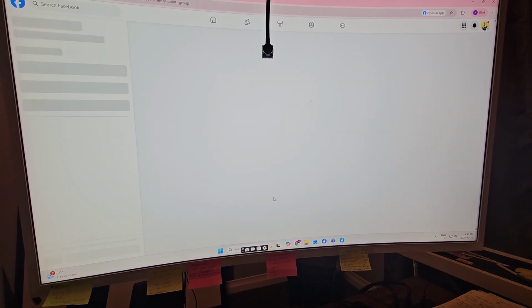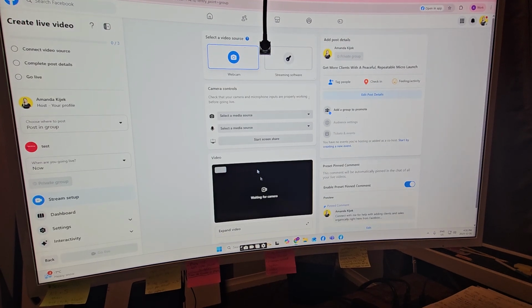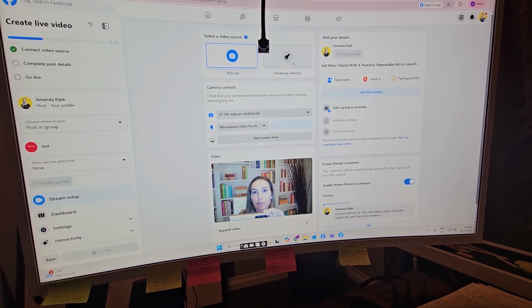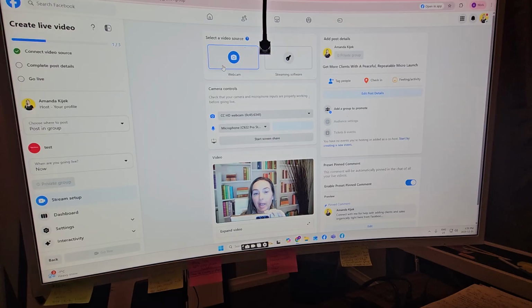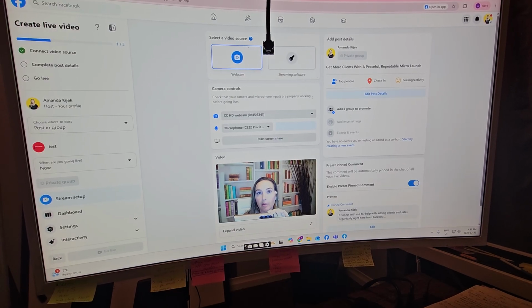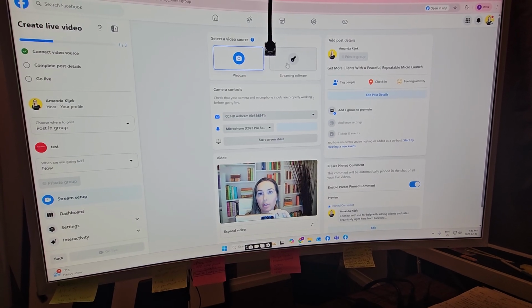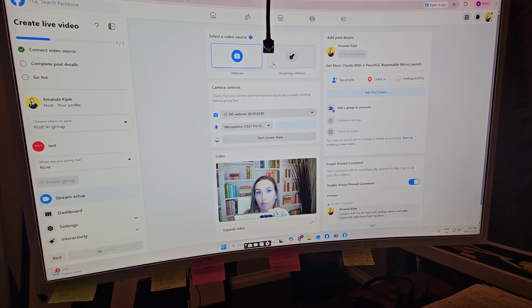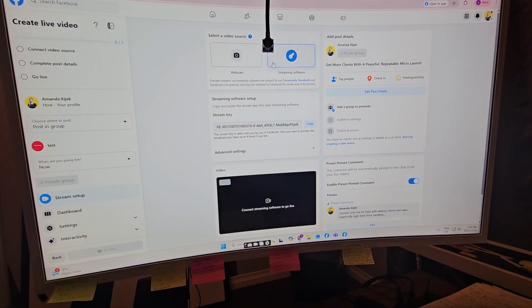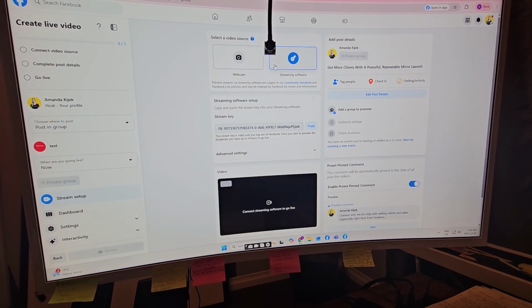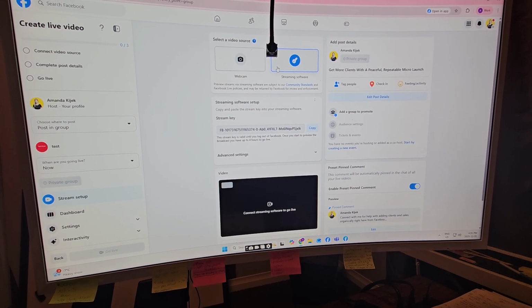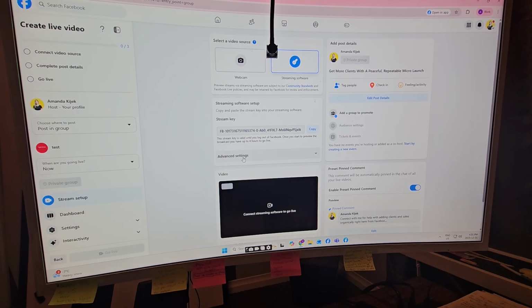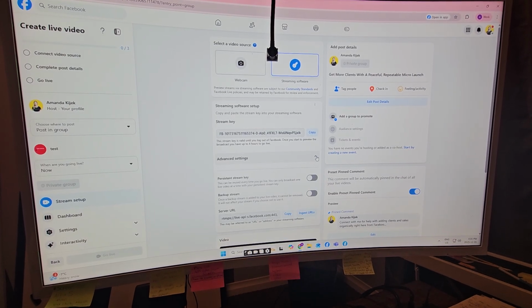And once this opens, you would choose streaming software. So not webcam, and you can see me down here because it's looking at me already through my camera, but we want to choose streaming software because this is how we connect our streaming software, which is Zoom. So we're going to click streaming software, and then we are going to come down here to advanced settings, click that little toggle button,